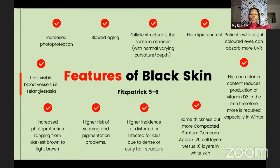So for example, the stratum corneum of Black skin tends to encompass 4 extra cell layers, so 20 cell layers, as opposed to the 16 layers found in white skin or some Asian skins. There is a higher incidence of distorted or infected follicles. So even though the follicle tends to be rather similar, again, in all races, you will find that there is